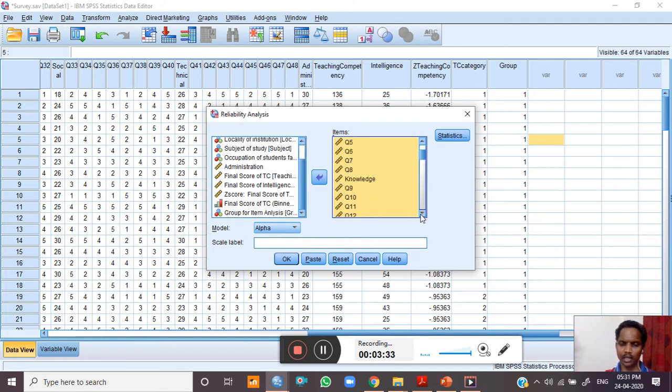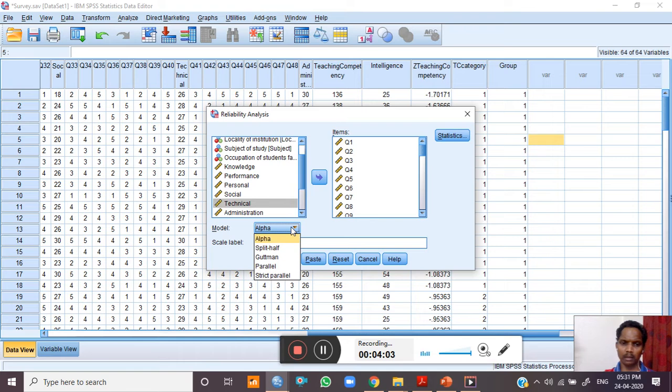Now we need only questions here, only items here. So I will click on Knowledge, the dimension, and it will be removed. Performance I will remove, then Personnel, all these are dimensions, I will remove all of those. Then Technical I will remove. So let me check. Only the items or the questions are there.